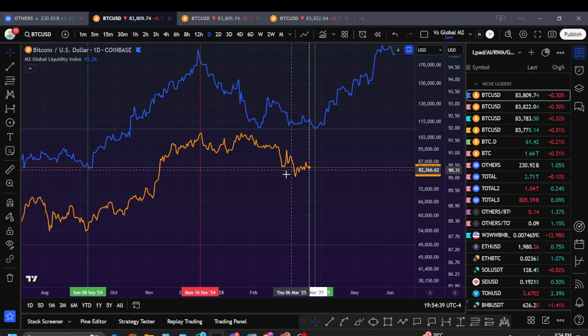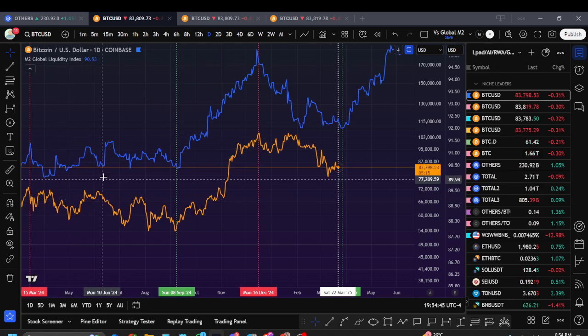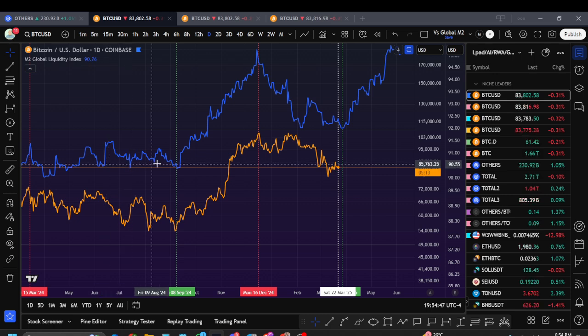Doesn't mean it has to be on Bitcoin, right? Because over here, let's see an example. Like over here, all these were the same. This is the lowest one over here, but it's not the lowest over here, right? So it doesn't have to be exact, but this is a range, I guess, for Bitcoin. So I'm expecting it to drop down over the next little bit, over the next several days.